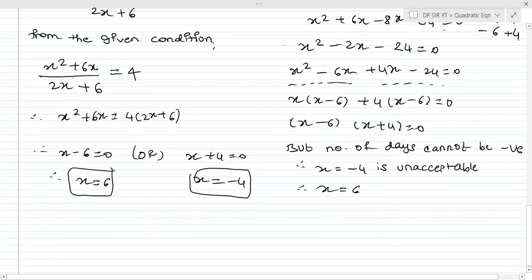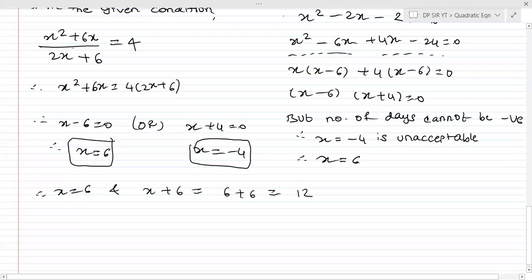ठीक है? But if you recollect, x is equal to 6 तो हो गया and x plus 6 का क्या हल? वो भी हम लोग ने assume किया था ना, वो कौन? वो पिंटू. तो 6 plus 6 which is equal to 12. So now you got two answers. One is x is equal to 6 and दूसरे का आंसर वो 12 वो पिंटू का. ठीक है. So therefore Nishu takes 6 days.